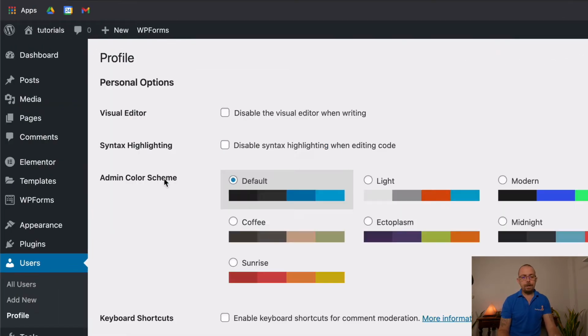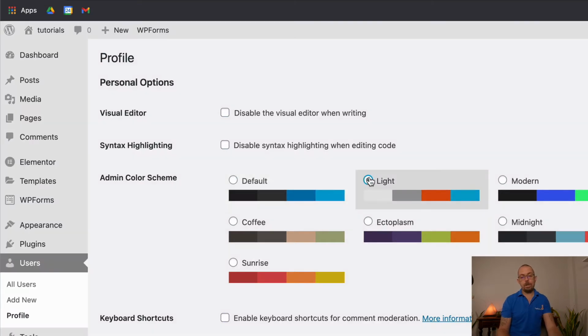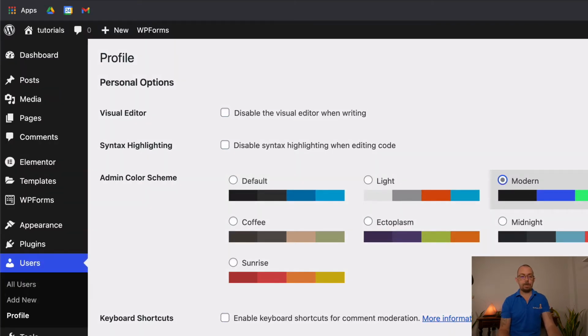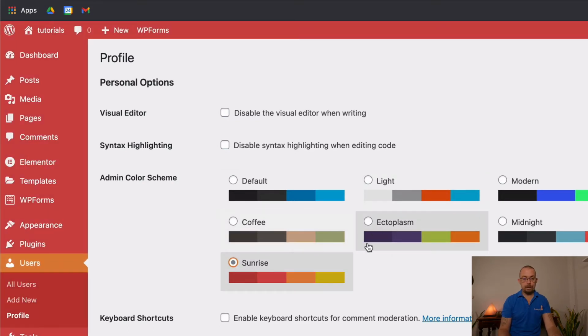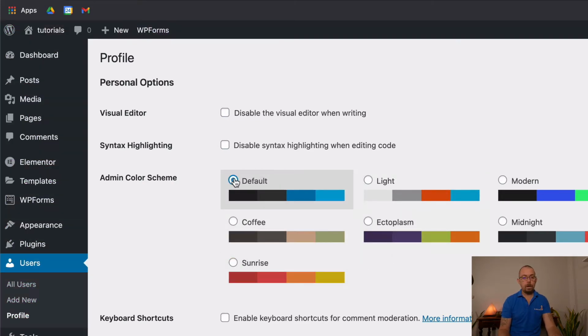So I'm going to come into edit, and inside of here, there's different options for me as a user to change. So for example, if I wanted to change the look of WordPress, I could come in here and I could change colors up and around, choose some built-in systems. I quite like the default. I can disable the visual editor when writing so that it's just text. It's an easy way for me to write. I can disable the syntax highlighting when editing code.